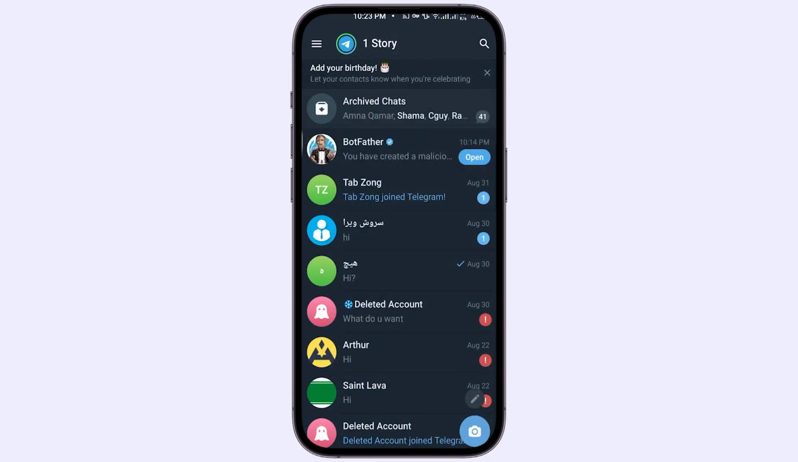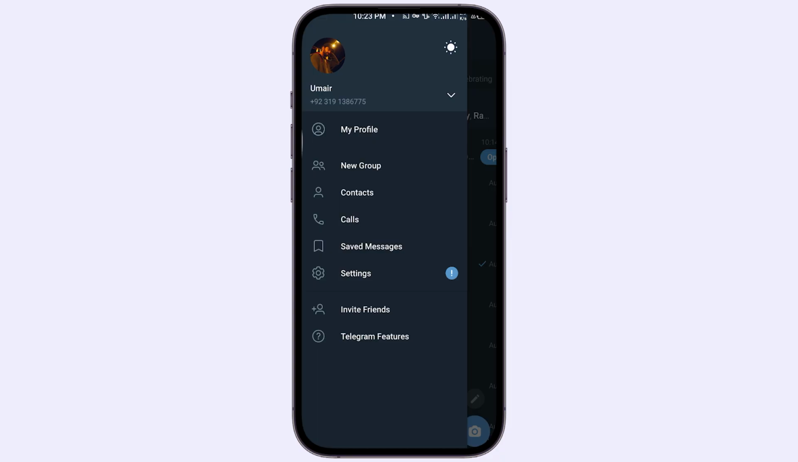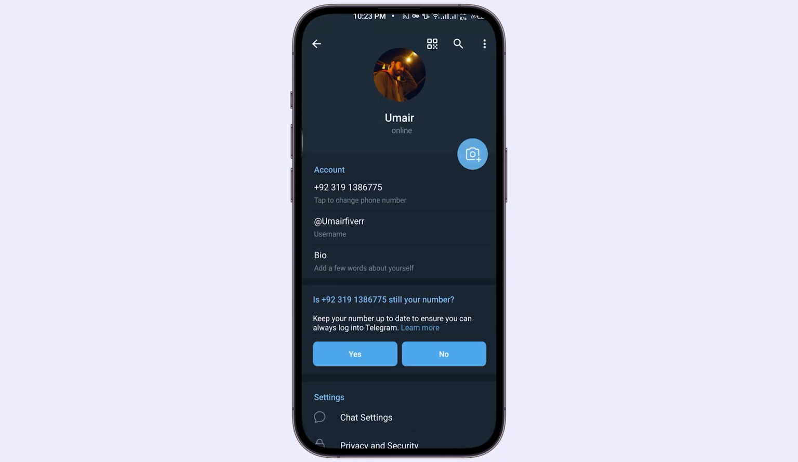Hey everybody, welcome back. In this video I'm going to be showing you how to fix Telegram code not sending on iPhone. This problem is usually occurring due to regional restrictions, and how to fix it is all you need is simply a proxy. You head over to these three lines and then click on settings, then head over to